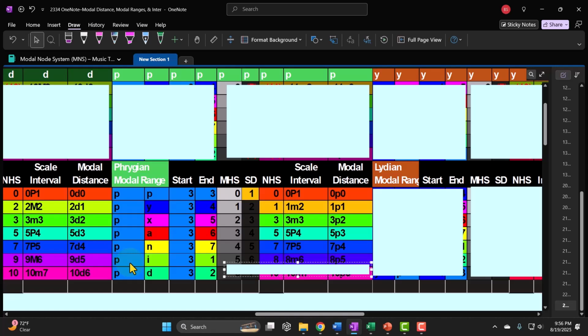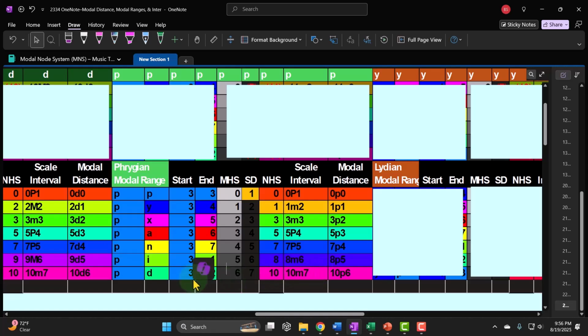So we have a PI modal range, Phrygian Ionian modal range, the Phryg Ion modal range, the sky blue to yellow green, 3-1 modal range. That's going to be 5 modal half steps up, 5 shades of gray. That's going to be the 6th scale degree, 8 note half steps away, which is grape. That means that the 8 note away minor 6 is grape, 8 note away from the Phrygian node, 5th modal